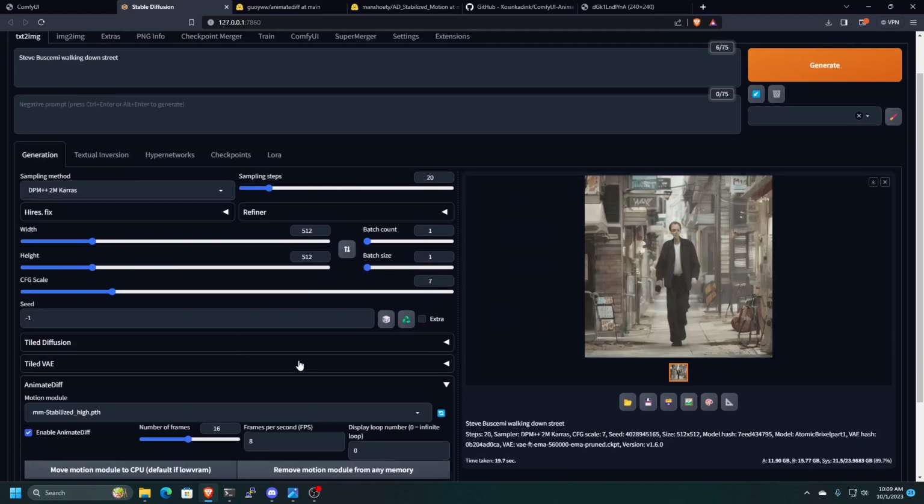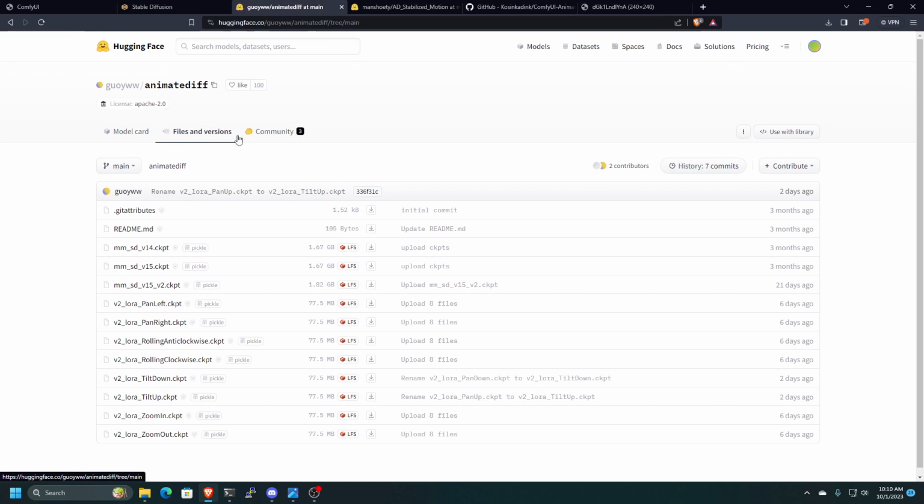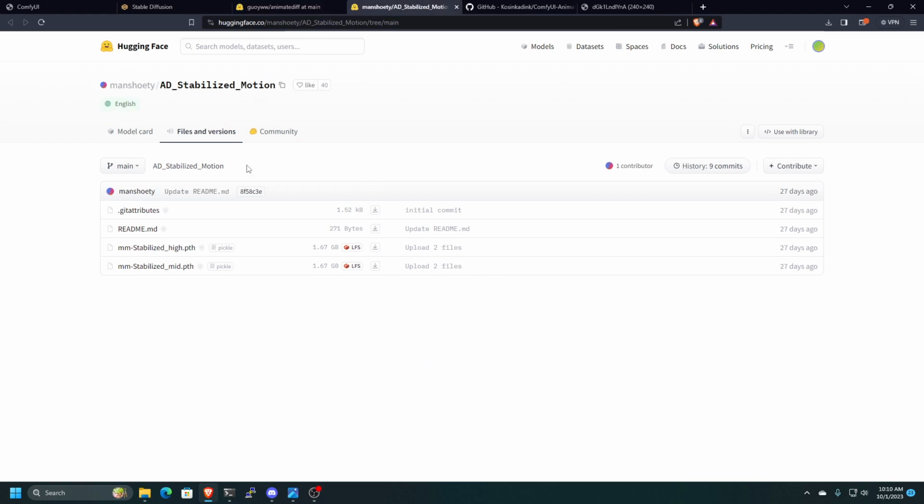How I have it activated is just enable AnimateDiff, but you'll need to get some models. They're the motion modules, rather, and I'll include the links to those models. I'm going to include a couple Hugging Face links. There's a lot here, and we're not going to go over the motion LoRAs for Automatic 1111 because I'm not entirely sure how those work yet on A1111. So we're just going to be going over the models here, which is going to be that V14, V15, and then V15 V2, as well as a stabilized motion module that Galaxy on the Discord told me about,